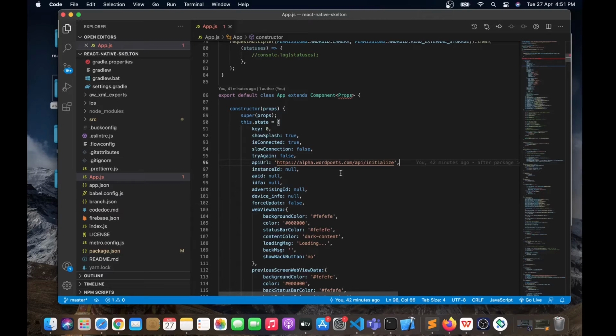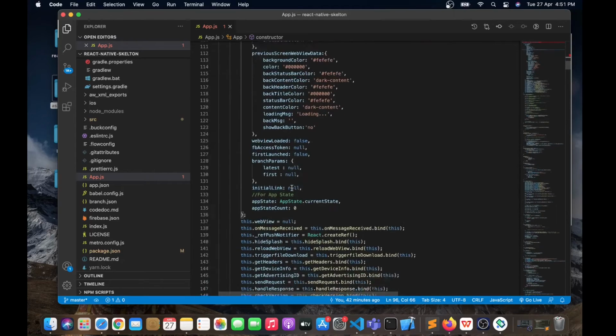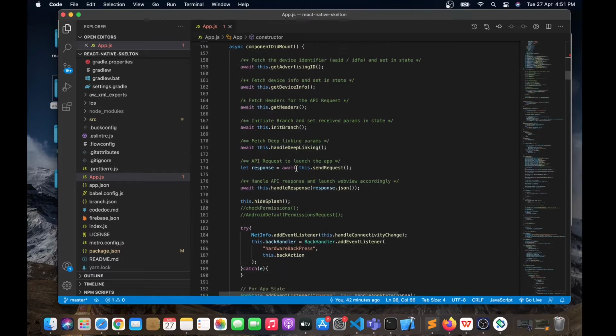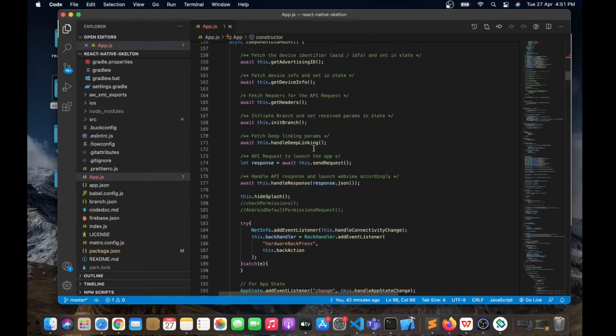configure this skeleton. So what's happening here, we can see in this component did mount, we are doing some activities over here, like we are getting the advertising ID, device info, we are preparing the headers and initializing the branch, and deep linking.